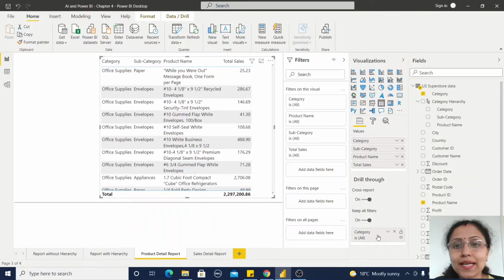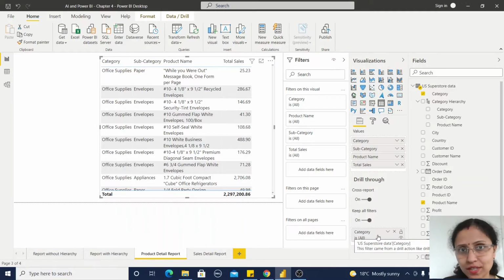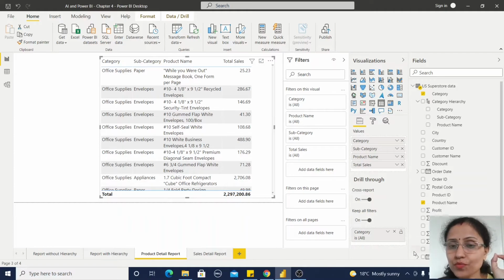That means category is our dimension value. So in any report, if we have any category information and you want to navigate from this category information to detail level information like detailed product level information, those fields should be mentioned in this drill through section, and keep all filters on.